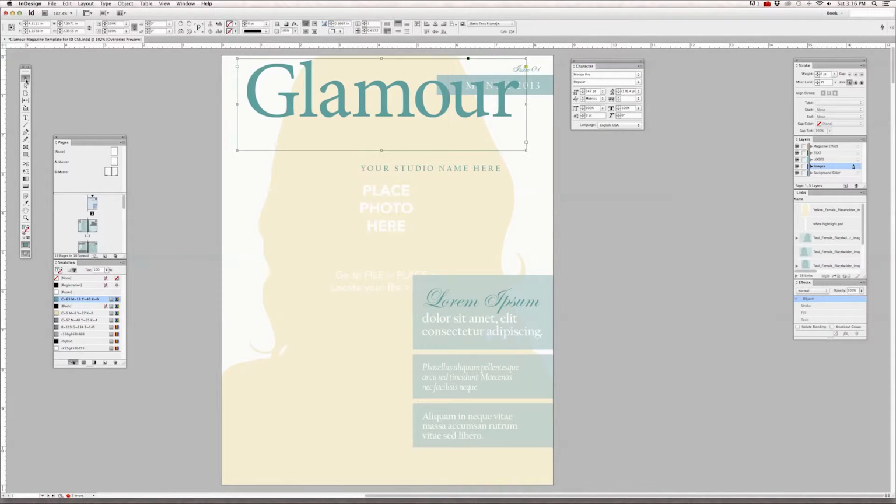And whatever font you're using, except for scripts, this doesn't usually work very well because scripts connect to each other from one letter to the other. This works better with fonts that are not connected to each other. Okay, now that we have our masthead adjusted,